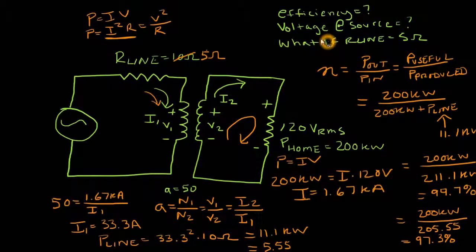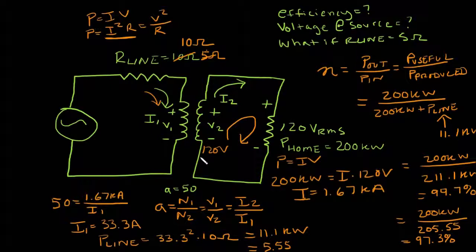Now, let's see. So we've answered the first question and the third question. Now, one more question we have is, what is the voltage at the source? So for this, let's go back to using 10 ohms again. So we know V2, that is 120 because of this KVL loop right here. This voltage has to equal this drop over here. So that's